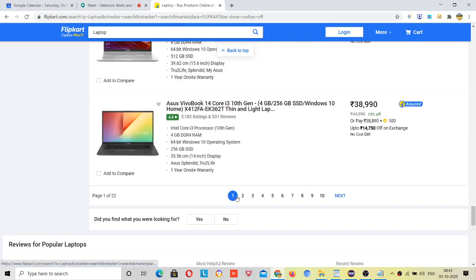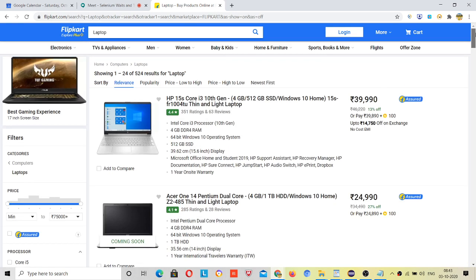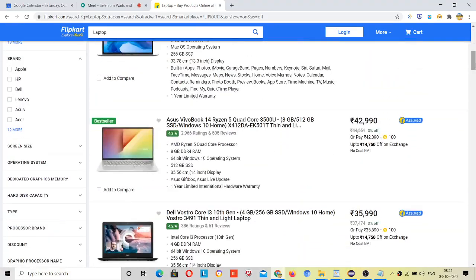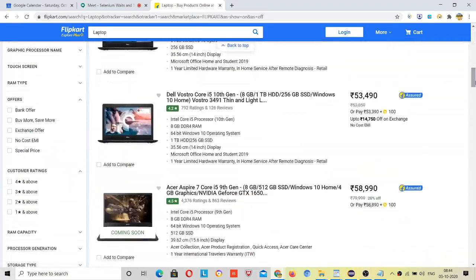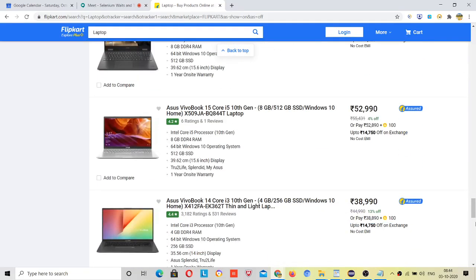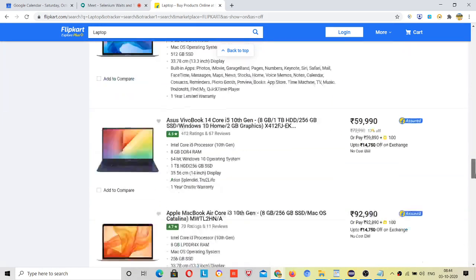How will you do it? You will first come to flipkart.com, then search laptop, then get all the results present on page 1. We will see it one by one.